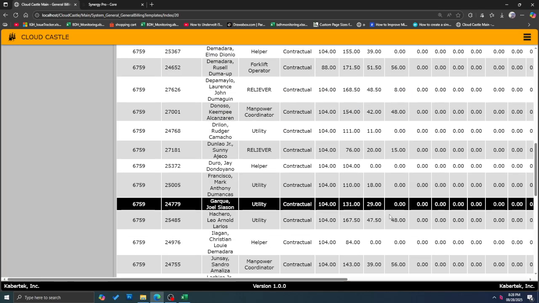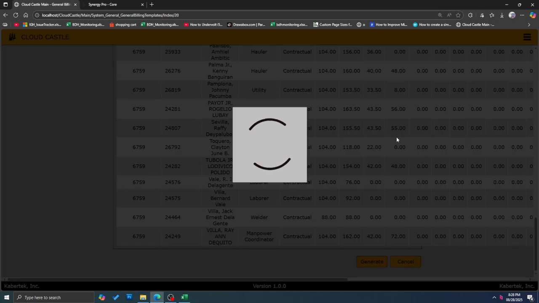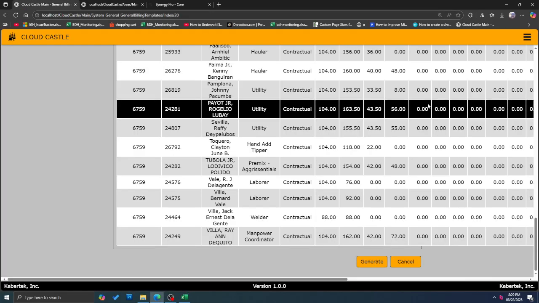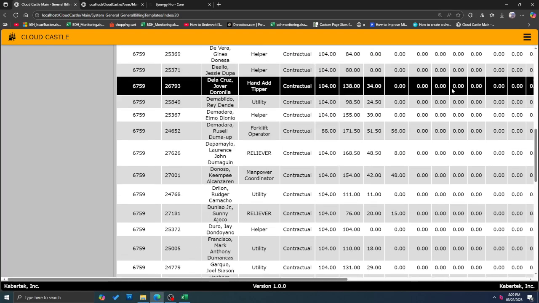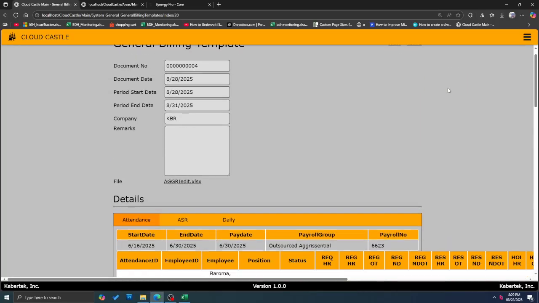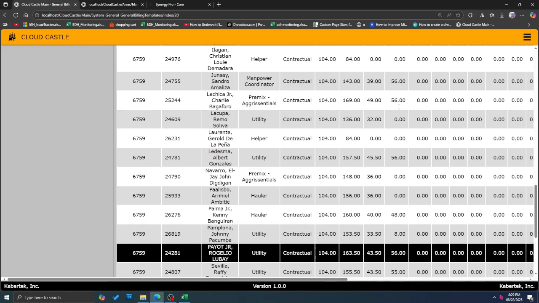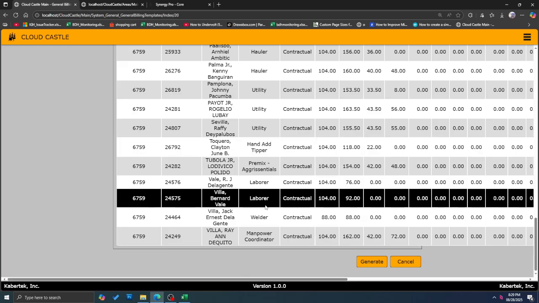Yeah, finalize, okay. We can generate again. It just goes back to that process. Once you're finalized, depending on your matrix security,